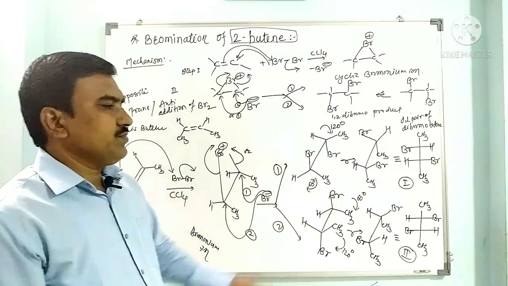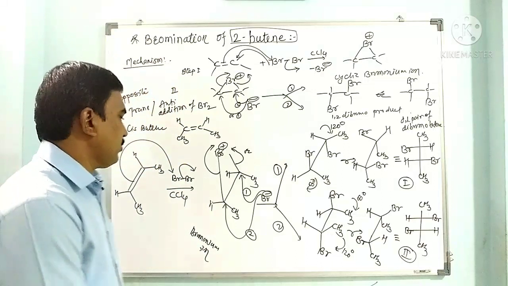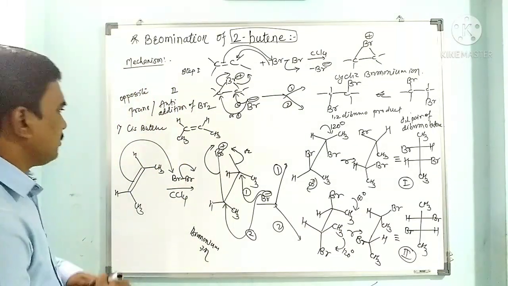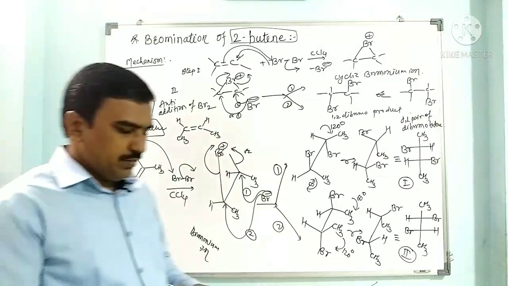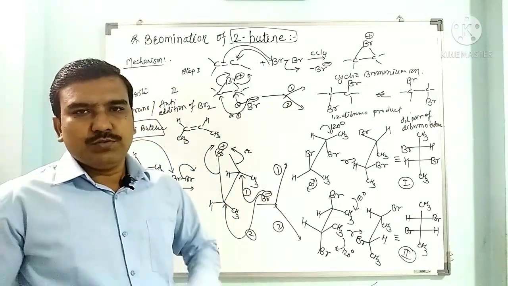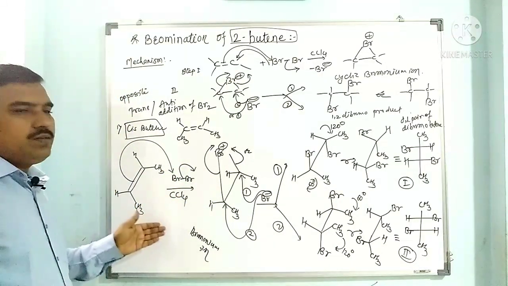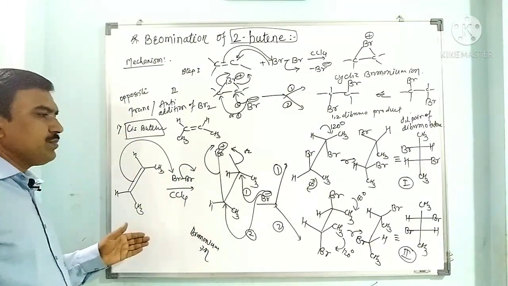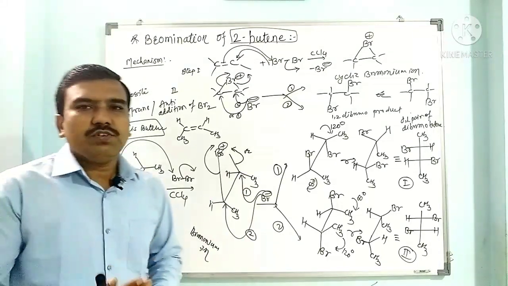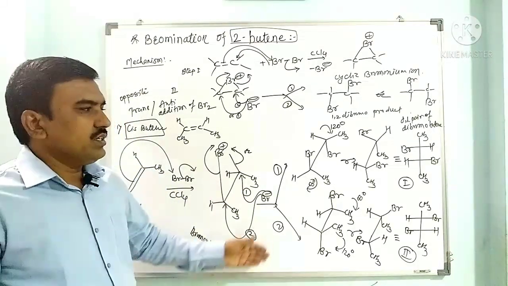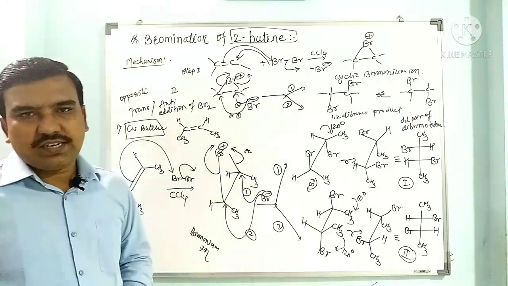So here we get non-superimposable mirror images of 2,3-dibromobutane from this cis compound. So the cis compound is converted to the DL pair of 2,3-dibromobutane. When we see the same stereochemistry for the trans compound, the reaction mechanism for the trans compound, we have to observe which product is obtained. Here we got the DL pair. Now I have to see the next, trans one.